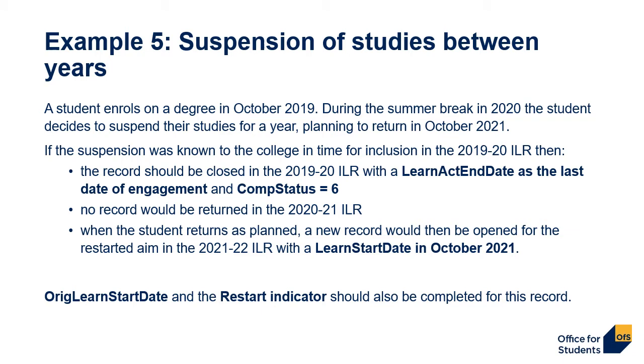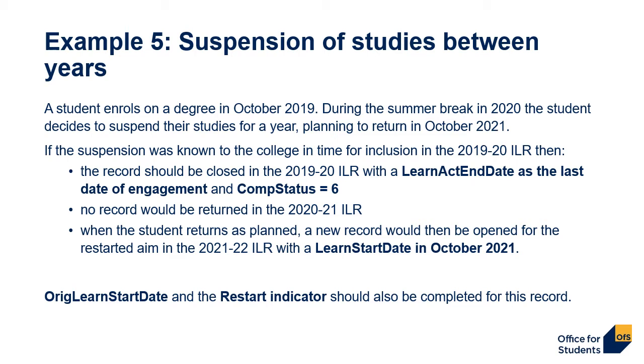If a student enrolls on a degree in October 19, but during the summer break in 2020, the student decides to suspend their studies for a year before planning to return again in October 21. If the suspension is known to the college in time for inclusion in the 1920 ILR, then the record should be closed in the 1920 ILR with a Learn Act end date as last date of engagement and comp status